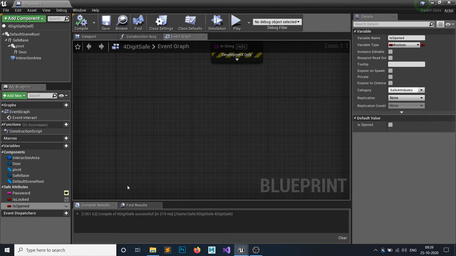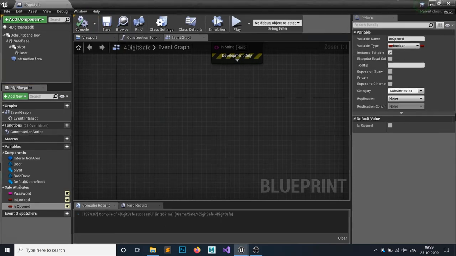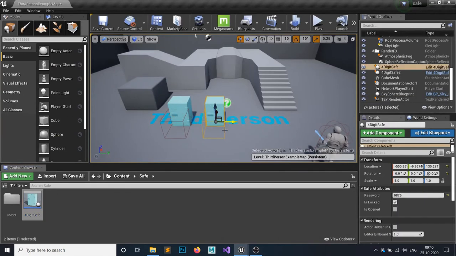Let's just set all of these to instance editable by clicking on this eye icon. So what do you mean by this? By default this chest is locked, so it is password protected. It is open? No, it is not open. It means the door is closed, and we have a password.